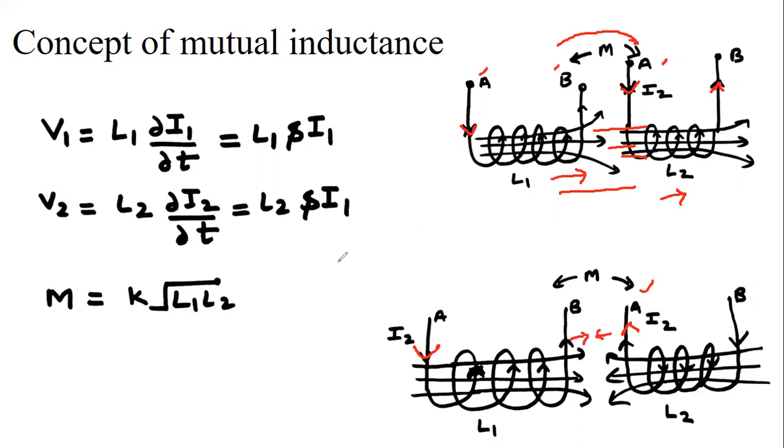Okay, now what is the equation related to the inductance. So the voltage V1 is linked with L1 del I by del T. First, this is not V1, this is V1(t), because voltage is a function of time. For simplicity, we are just not showing the sign of the t, and this is I1(t). So V1 equal to L1 del I1 by del T. The voltage V2 is L2 del I2 by del T. If the mutual coupling between the coils is M, it is represented as K root of L1 and L2, where K is known as the coupling coefficient.